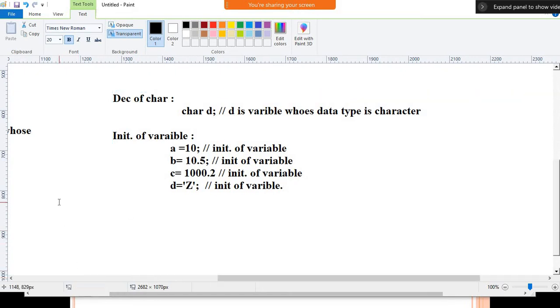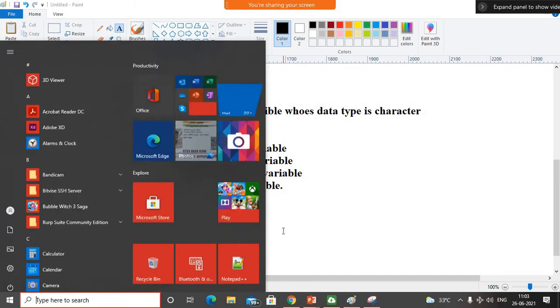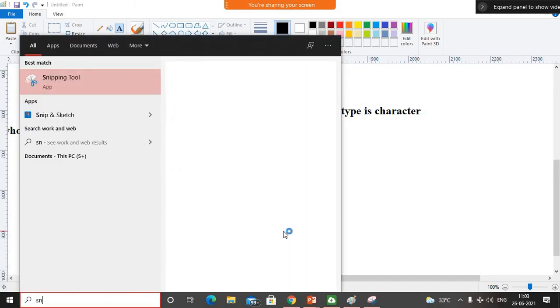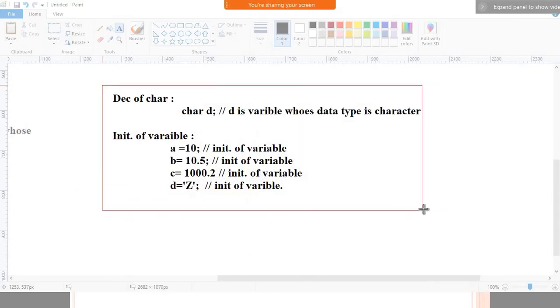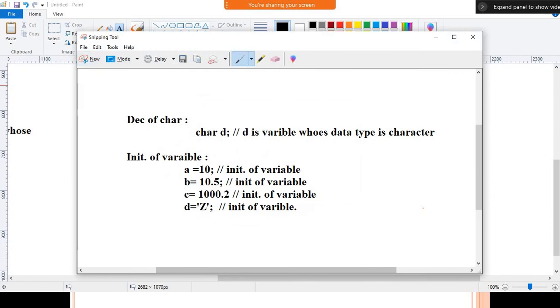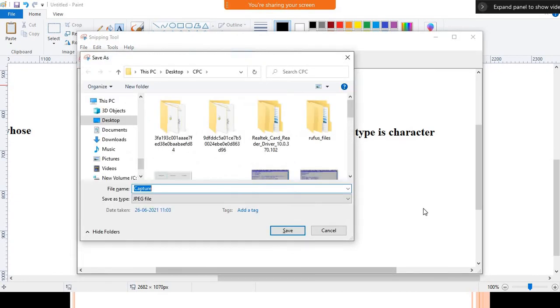Another way is available. By using that we can declare and initialize a variable in a single time.